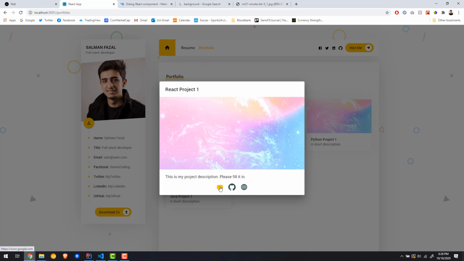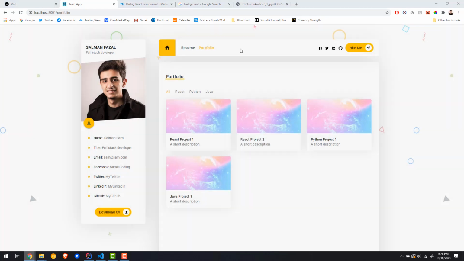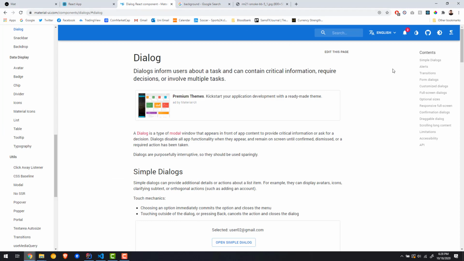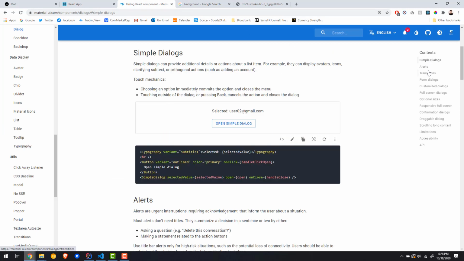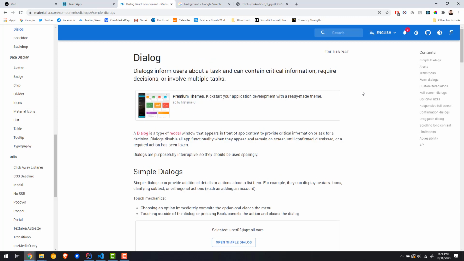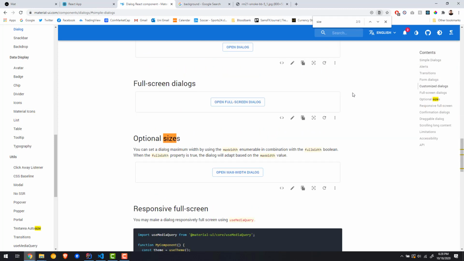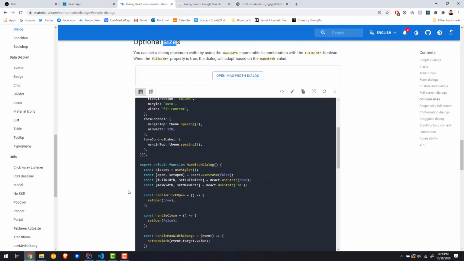have the button. So the buttons, when we click on it, it will go to the link, and then they are hoverable. I guess this should be like everything we need, right? I don't think we need anything else, unless maybe you want to set the size of the dialog to slightly bigger. Let's look for it. But other than that, I think everything is fine. Hopefully. Size, optional sizes. So they have a max width,